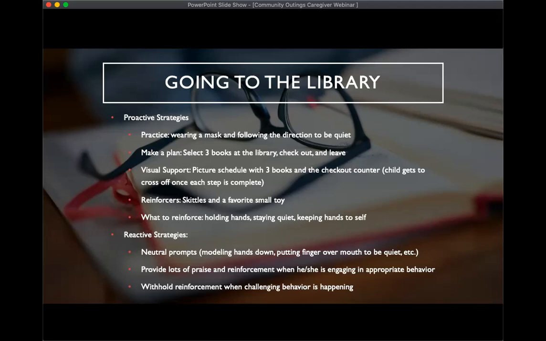And then in your plan, you want to make sure you understand what to reinforce. So here, the plan is to select 3 books at the library, check out and leave. And what you're gonna reinforce with those Skittles and that small toy are holding your hand, staying quiet, and keeping hands to self.